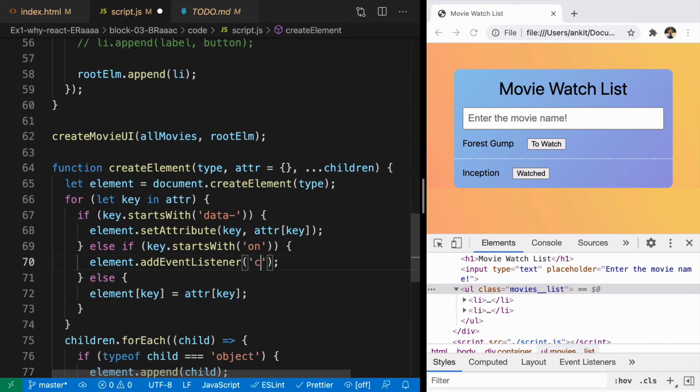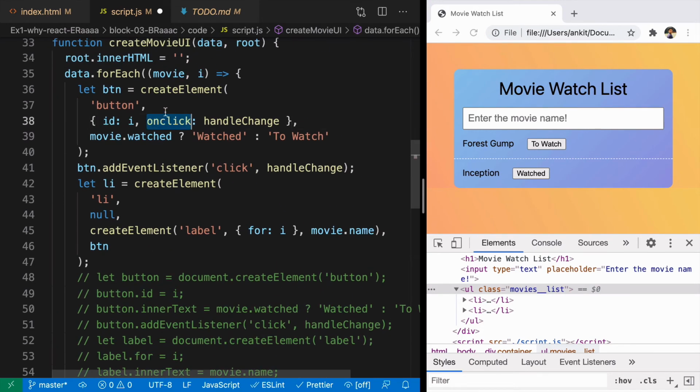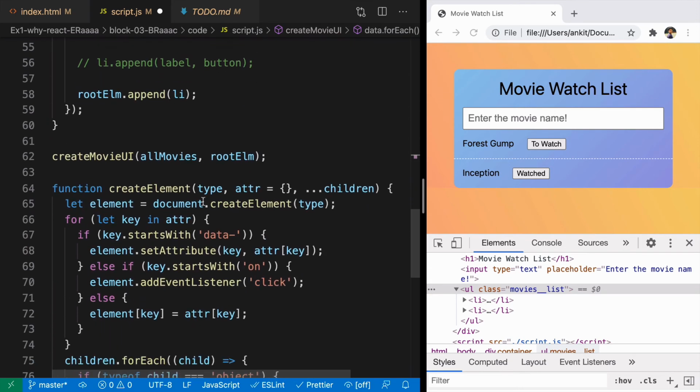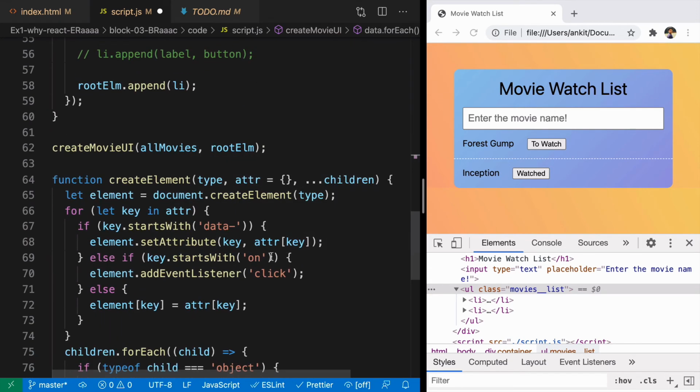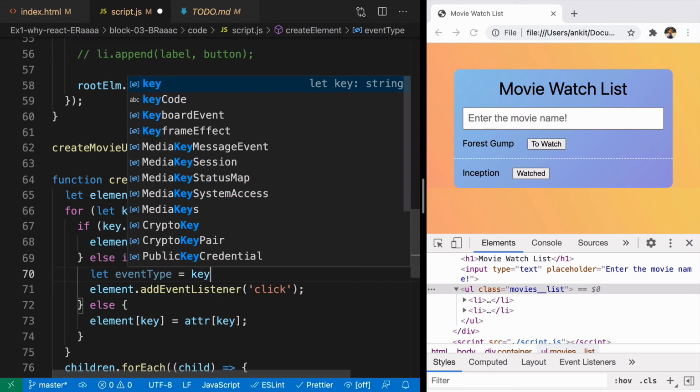Here to add event listener, we need to pass things like click. We cannot pass things like on click. That we are passing it from here. So what we can do is we can just take out the on from that and put only click here. So here we can just create a variable called event type, and the event type is going to be the key, right?